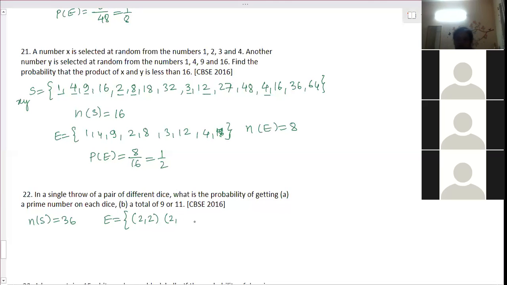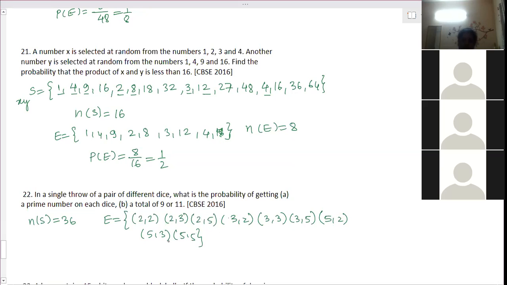From 2, first complete the line of 2. 2 and 3. One by one you finish it. Don't go randomly, otherwise you will miss one of them. Then 2, 5. Then 3, 2. 3, 5. 3, 3. Then 5, 2. 5, 3 and 5, 5, Ma'am.